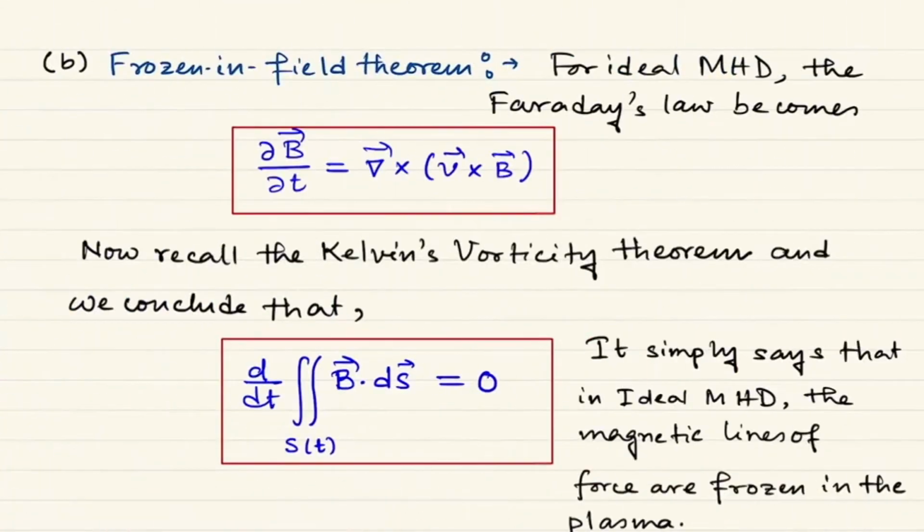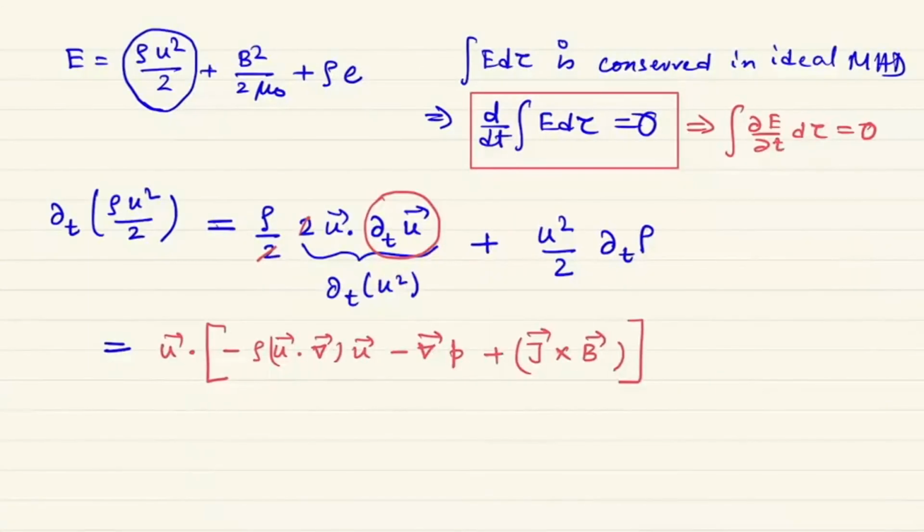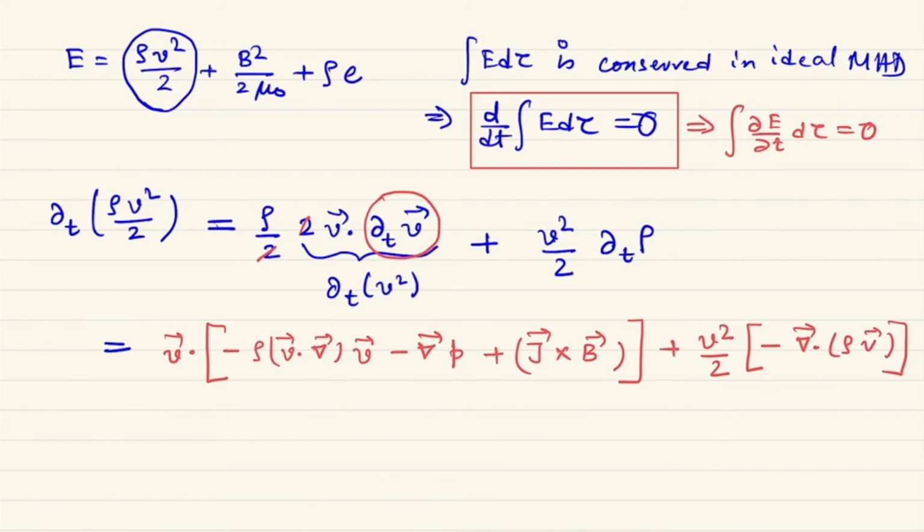Maybe I have made a mistake again in writing this u and v. So please replace every u by v. And then I have another term which is v square by 2 del rho del t, and del rho del t by continuity equation is nothing but equal to minus divergence of rho v. Okay, so finally what you have is that is equal to, so this is v, so minus v dot rho